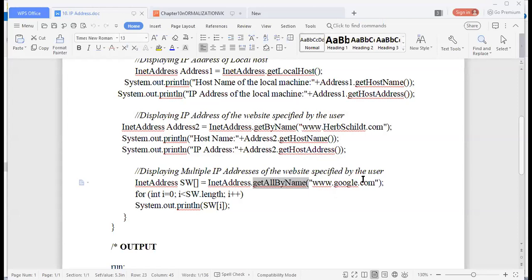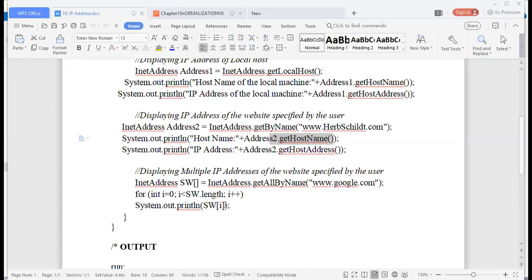When I pass google.com, it gives me multiple values. So I've used that here. Then as per the previous program, I've explained that this is going to print the individual values. Here I have not used getHostName and getAddresses because it will be complicated.